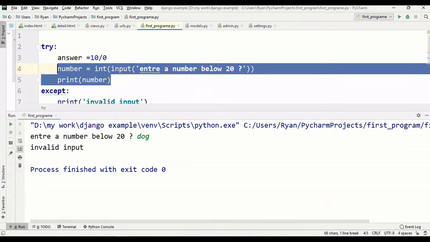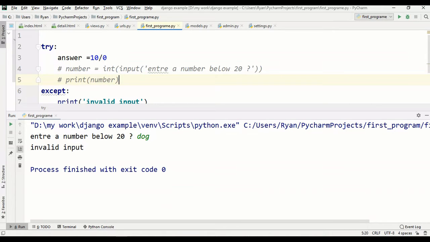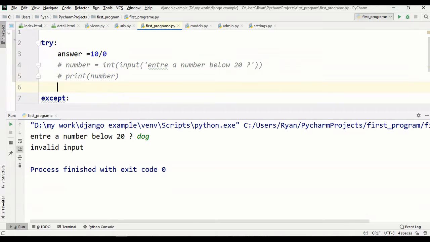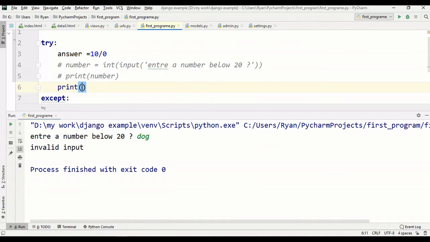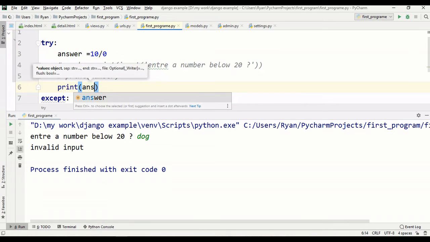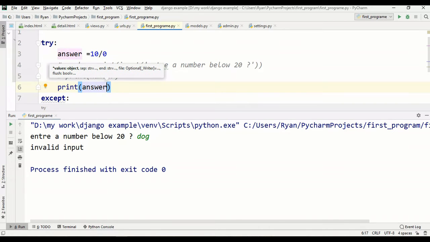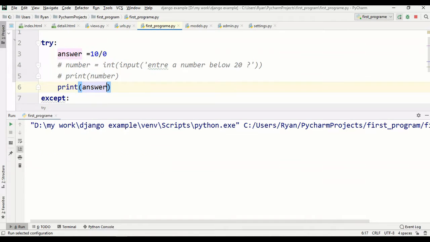It will throw an error called zero division error. So when you try to print out, let's say, print out answer, if we try to print out answer when we run our program,